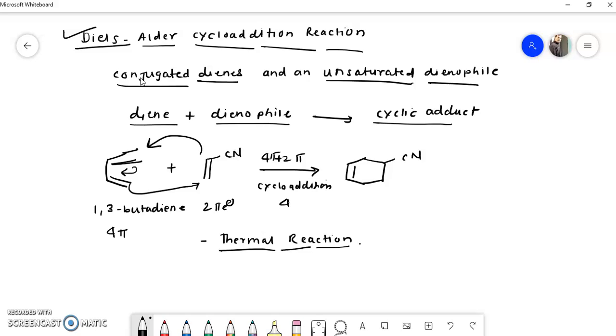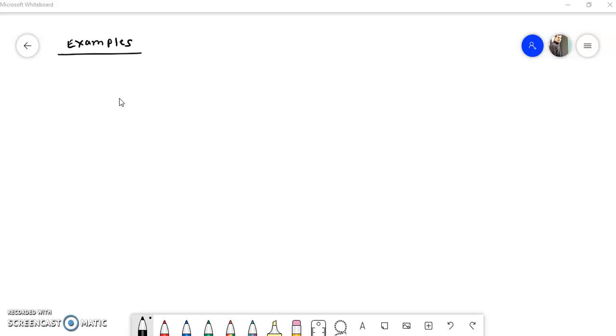Another important thing we have to remember is that a non-polar cyclic transition state is involved in this reaction. That we will see in the mechanism part later on. Now just remember that a Diels-Alder reaction is nothing but a reaction between a diene and a dienophile to give the cyclic adduct. Now let's consider a few more examples. Suppose again we take this 1,3-butadiene, and it is reacted with this dienophile in the presence of heat. The product will be like this.